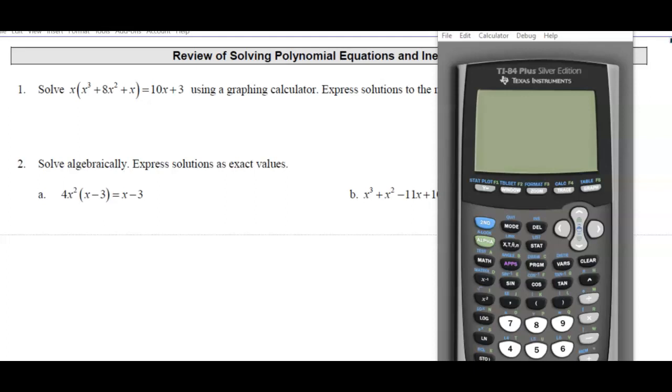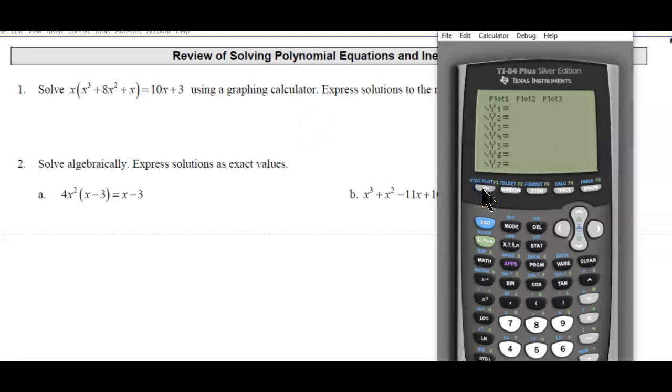Another way of doing it is to graph the left side into y1, right side into y2, and find the x values of the points of intersection. You could also get everything to one side, just not expand and collect like terms, right? So if you wanted to,